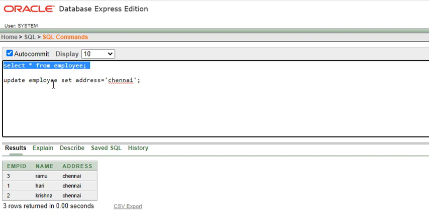Update table name set address equal to Chennai means that wherever the address field is available, for all the records, that value is changed to the given value. You can also use update by adding the where condition. Now I want to update the address of the employee whose employee ID equals 1. So I am writing the query: update employee set address equals to Vijayawada,